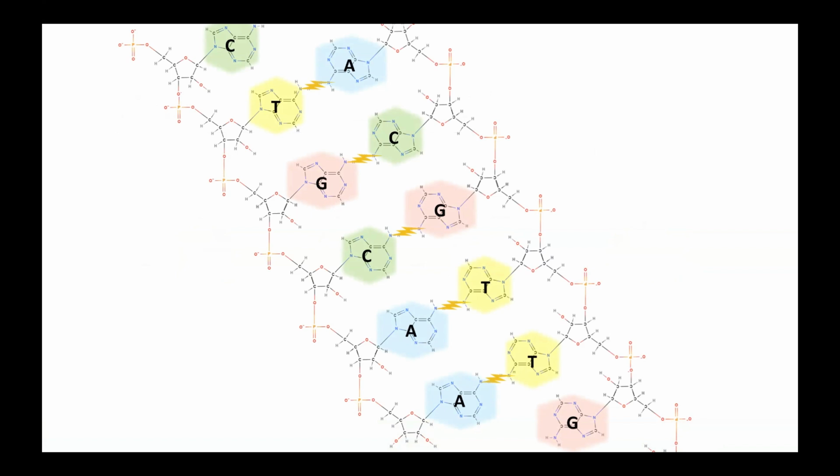And if you take a second to look at this, you may notice that the order is not completely random between one strand and the next. So wherever you see a T, it's linked to an A in the opposite strand. And wherever you see a C, it's linked to a G in the opposite strand. And these are the linkages that hold the two strands together. Thymines are attracted to adenines, and cytosines are attracted to